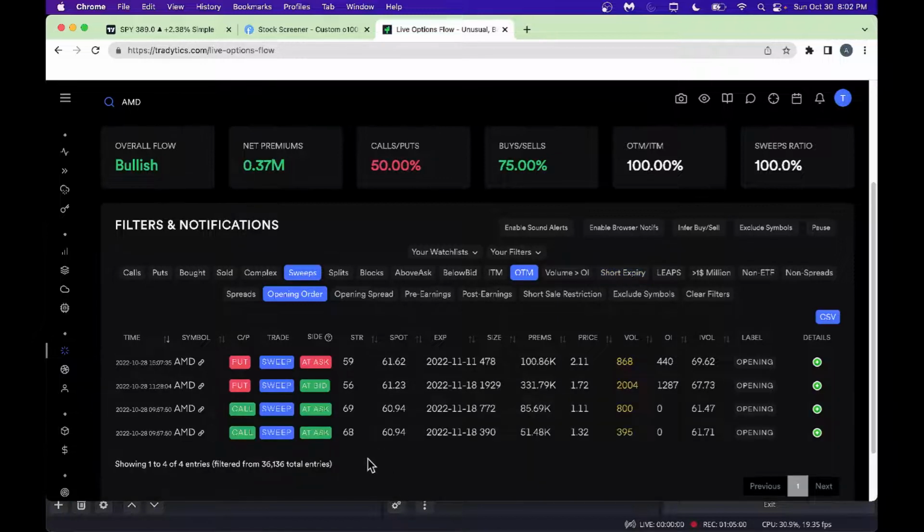You get a few more here. Generally, look at AMD right now. You got a put at ask that tells you somebody is bearish here. They're putting some money here. Look, premium is 100K, but otherwise generally it's bullish here. As you can see, a lot of bullish premium that tells you AMD can go higher.